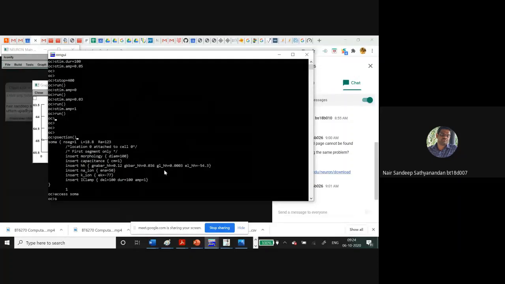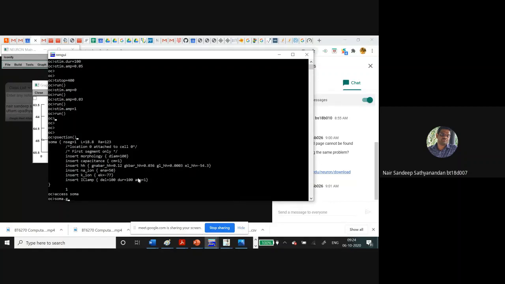Now the property that I will change is, you can see that inside the Hodgkin-Huxley mechanism there is gnabar_hh, gkbar_hh, gl_hh and el_hh. So gnabar is the maximum specific sodium conductance, and the other one is the maximum specific potassium conductance, and gl is the leakage conductance, and el is the reversal potential.